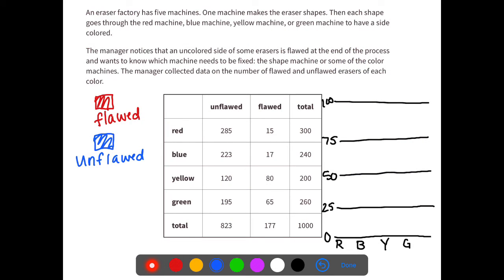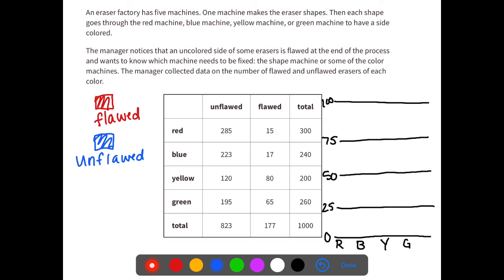Okay, now we are looking at another table, and it is about an eraser factory that has 5 machines. One machine makes the shapes, then each shape goes through the red machine, blue machine, yellow machine, or green machine to have a side colored. The manager notices that the uncolored side of some erasers is flawed at the end of the process and wants to know which machine needs to be fixed. So, our job is to make a segmented bar graph showing the different colors